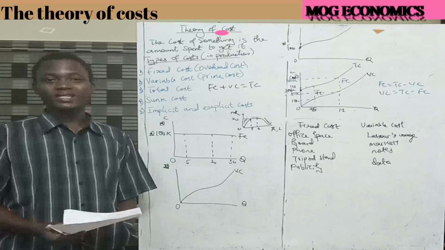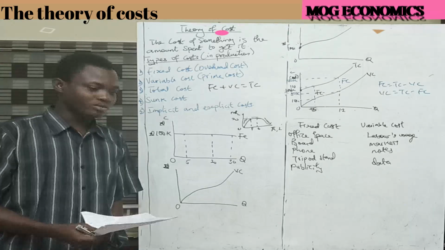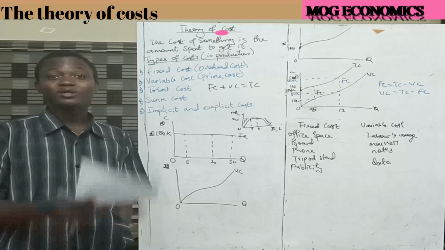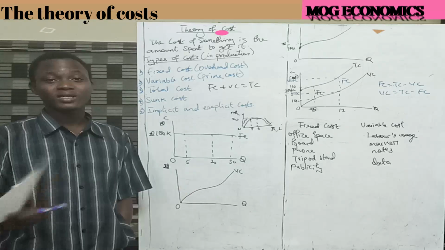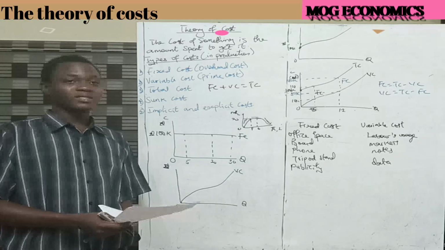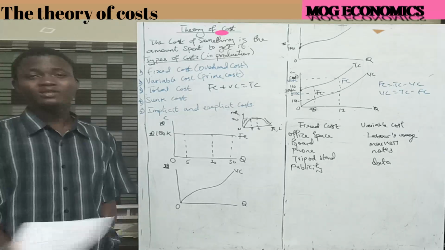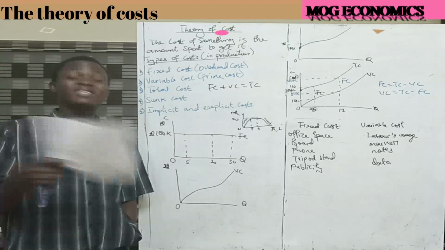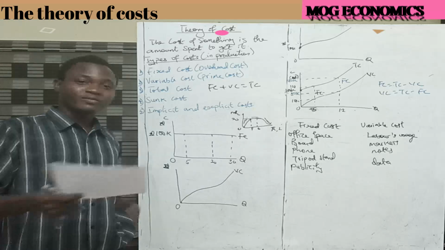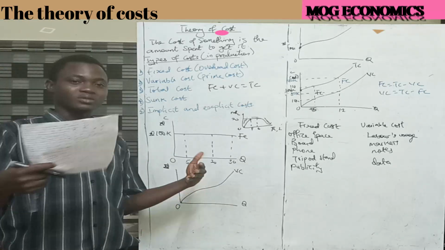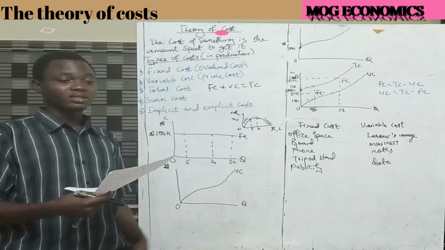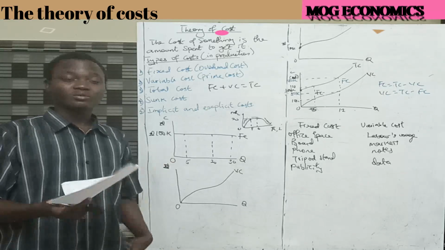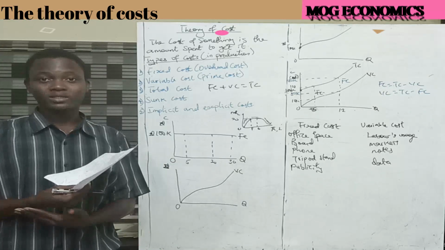But at the end of the day, after spending maybe $10 billion on research, you have to hire specialists, laboratory equipment, the laboratory itself, all of those things they used to experiment. So you spent, let me say, $10 billion on it, and at the end you could not come up with a drug. So what does that mean? The entire $10 billion is a sunk cost. But if you divide the sunk cost, some of it was a fixed cost. Let me say the cost of the laboratory and the medical equipment used in doing the experiment.